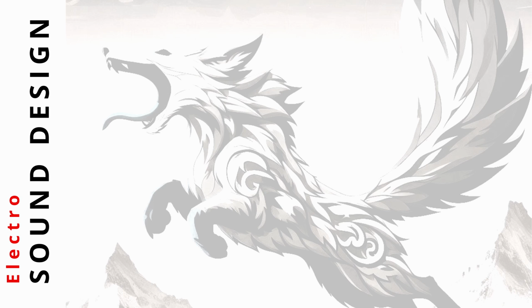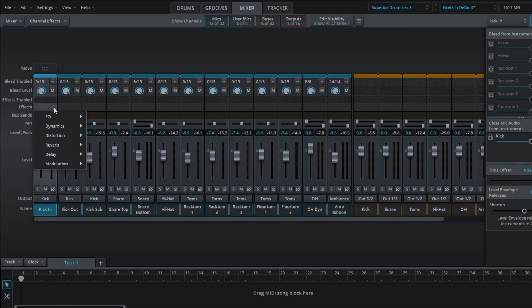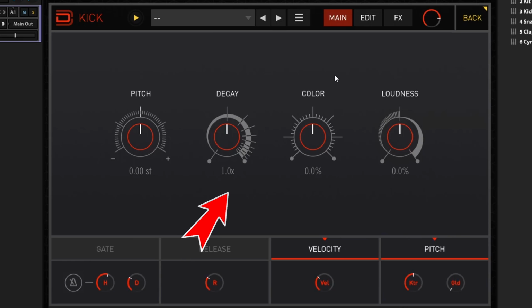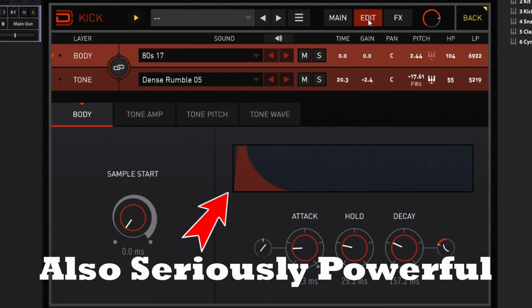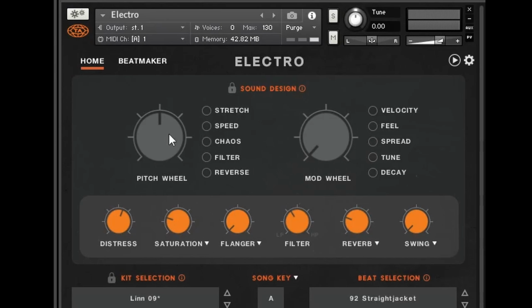There are a number of tools that help Electro in the sound design category. While it doesn't have the absolute control and full mixing capabilities of something like Superior Drummer, or the full-on sound shaping parameters of Drum Designer, it holds its own in the drum plugin field. First, as mentioned above, the unique way in which you can map to the pitch and mod wheels is a